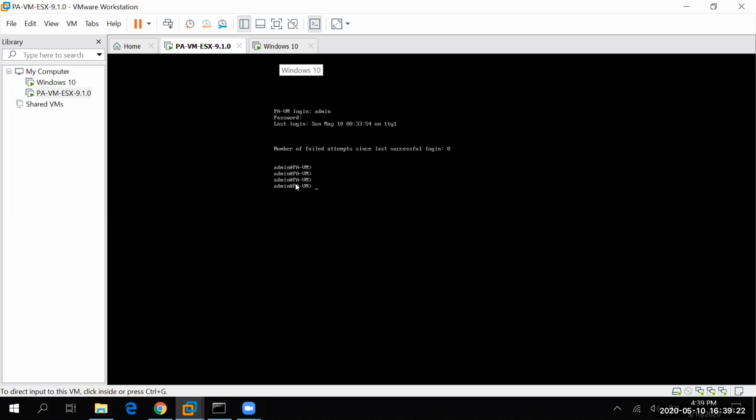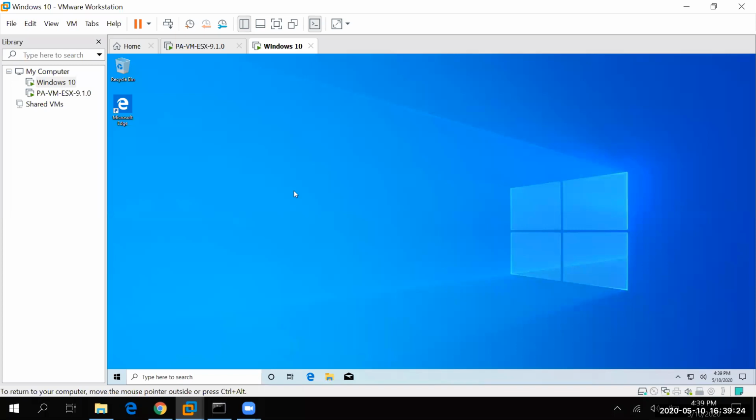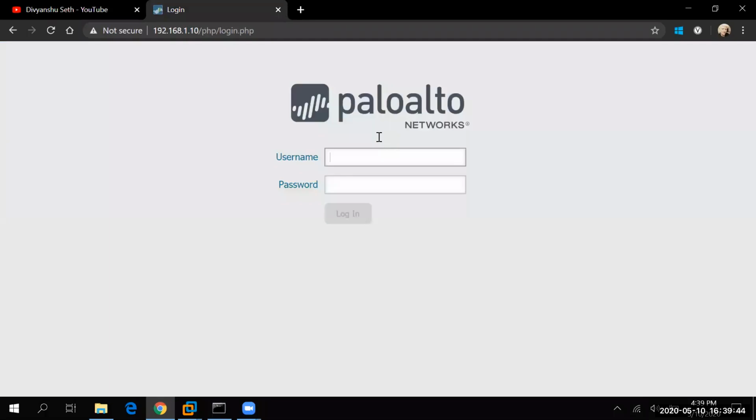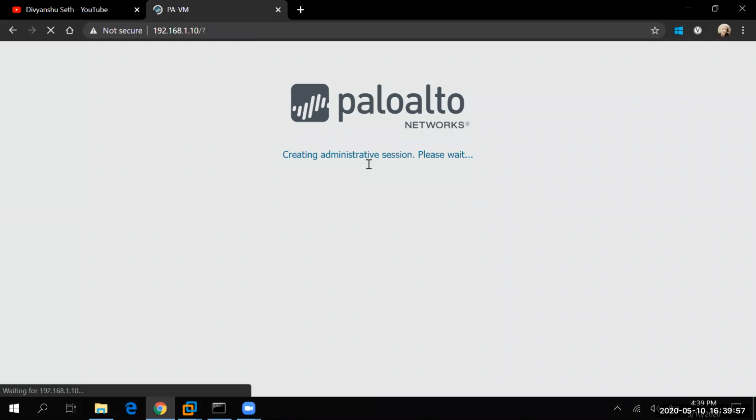This is the Windows 10 which I told you about. You need to install the ISO file and boot that ISO file so that we have a system or a PC which we can use for our inside LAN or for our DMZ also. If I talk about the GUI, this is the GUI of the Palo Alto. Let me log in here also so that I can show you. Okay, so I'm able to log in. You are also able to see here.